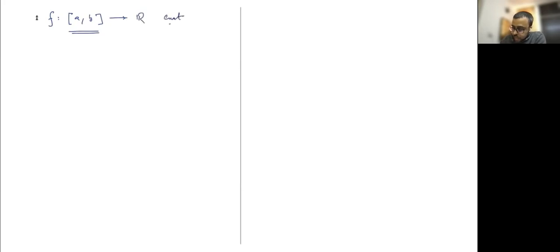Okay, so let me start. So just briefly recall one of the results that we proved last time. That was the following. Suppose you have a function f defined on a closed bounded interval and which is continuous. Then